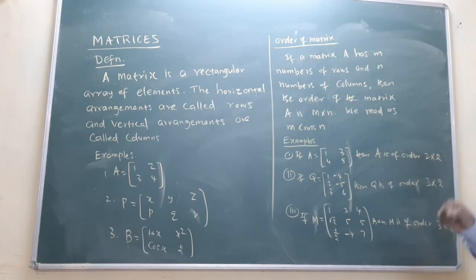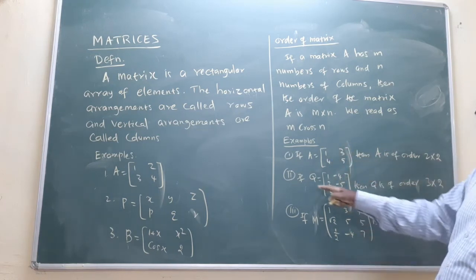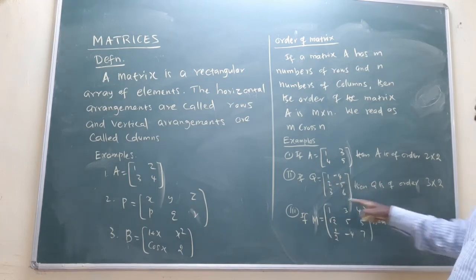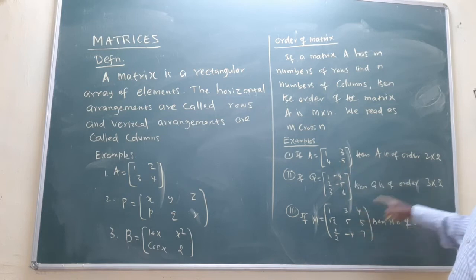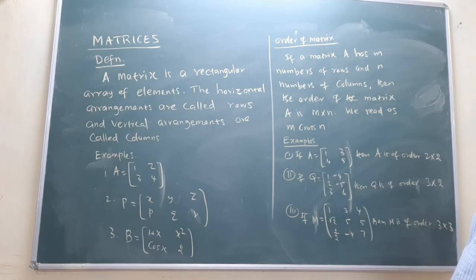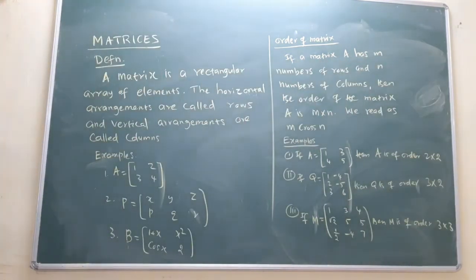You will always consider first row, then column. That's important. RC, mind it. RC: first row, then column. Number of rows, 2. Number of columns, 2. 2 cross 2. Now, next one, number of rows: first row, second row, third row, in this way, 3 rows, and 3 columns. That's why 3 cross 3. If one matrix is given and it asks the order of the matrix, you will consider first row, then column. That's very important. One more concept. Sometimes 2 more concepts will come. Important concepts.